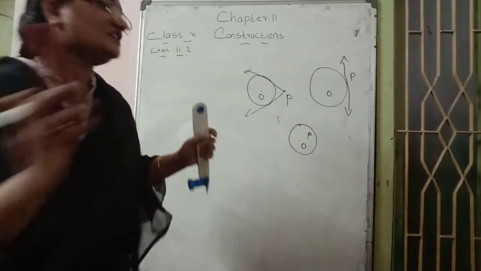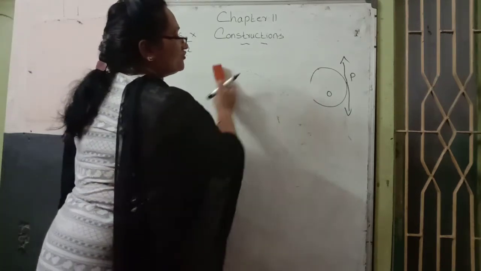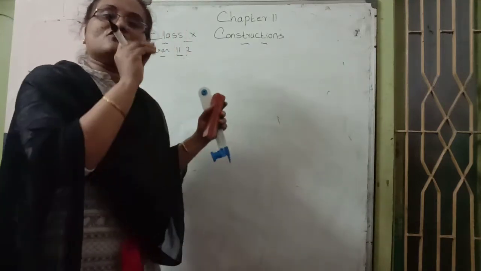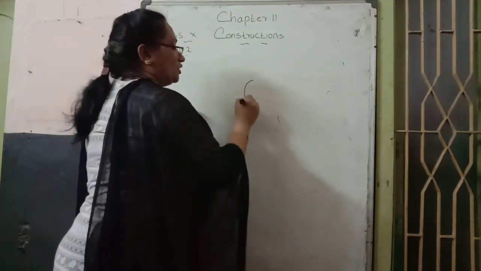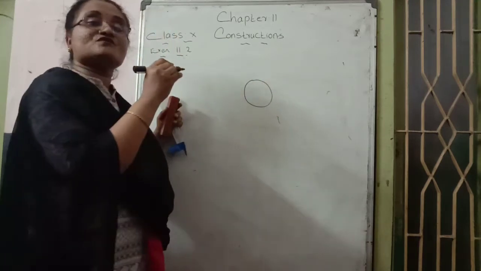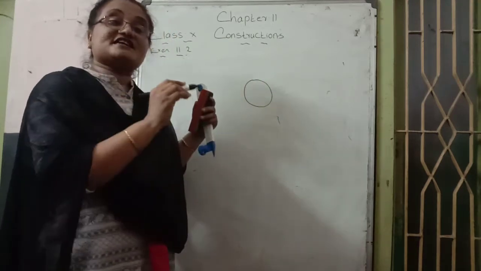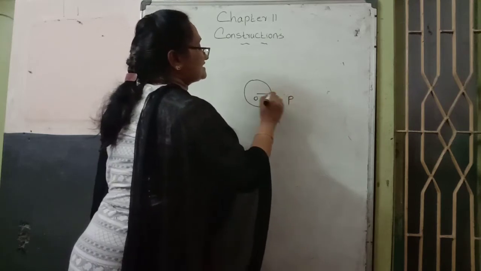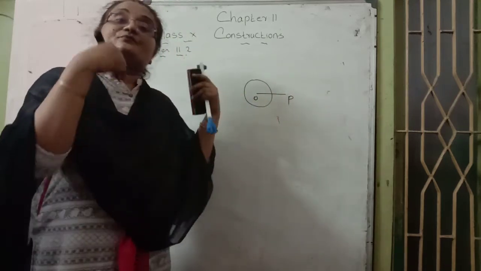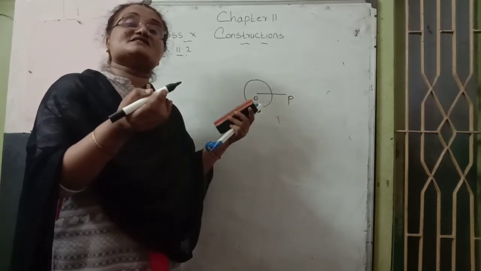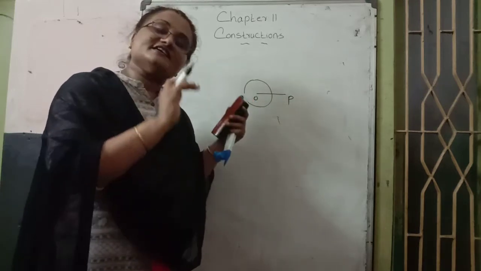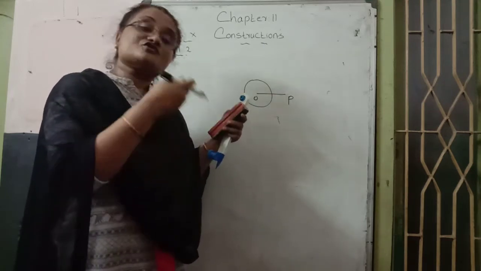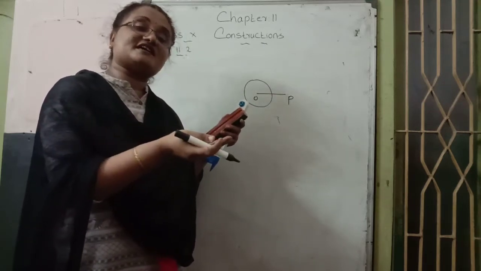Tangent construction, the one thing you remember here: on the basis of the given values, circles are drawn. Then for the tangent, point P is there, O is the center. To draw the tangent, we need one more circle, in each and every question like that. How to draw that second circle?